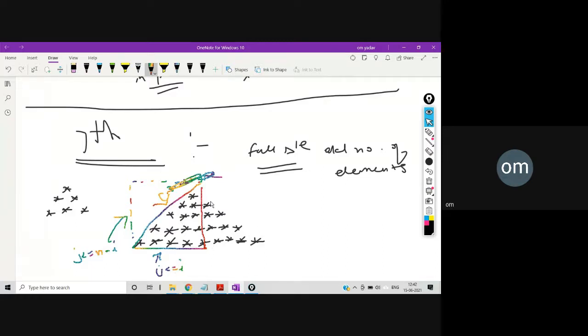Now there is one more smaller triangle. In the first row there is no star, but in the second row there is one star. In the third row there are two stars. So I value is 1, j is 0. I value 2, j is 1.